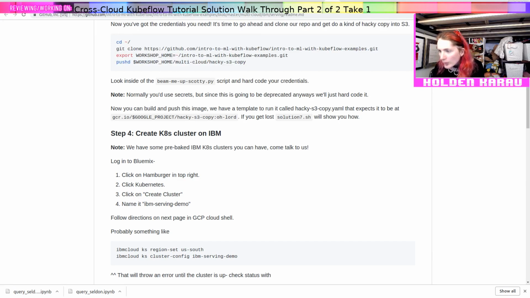No. Okay, it may be actually just in my Google email, which I'll forward over. Because we've got some specific instructions to get free pre-provisioned clusters, which is really convenient because cluster provisioning can take a while sometimes, especially if we're all doing it in the same region, you know. So I'm going to go ahead and find that